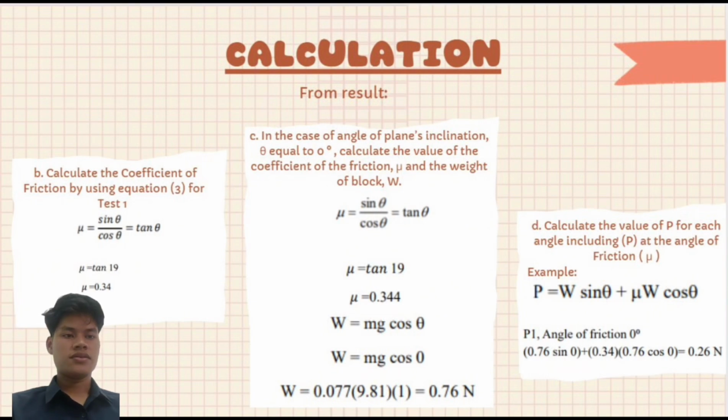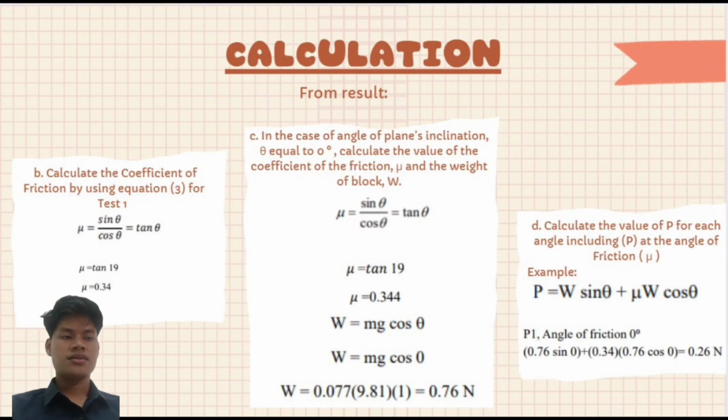For part C, in the case of the angle of plane inclination theta equals 0 degrees, calculate the value of the coefficient of friction mu and the weight of the block W. The formula is the same, so theta is also the same. W is equal to mg cos theta. Theta is 0, so W equals mg cos 0. The mass is 0.077, g is 9.81, and cos 0 is equal to 1, so the total is 0.76